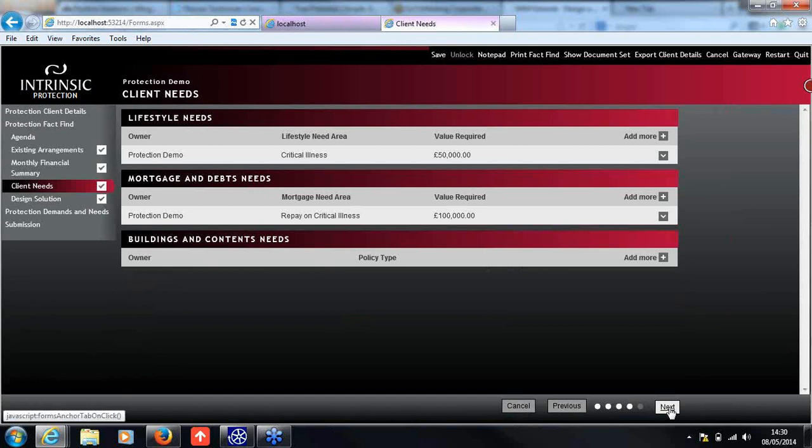And it's now brought us through to the section to identify the client's needs. So following on from the full review that we've carried out for this client, the client has identified that he has two particular need areas. He's looking for £100,000 life and critical illness on a decreasing basis for the remaining 23 years of his mortgage, and he would also like £50,000 of level term life and critical illness for 36 years so that he's covered